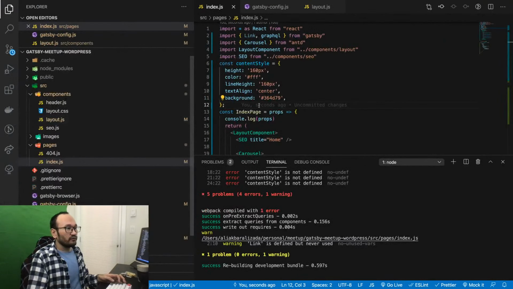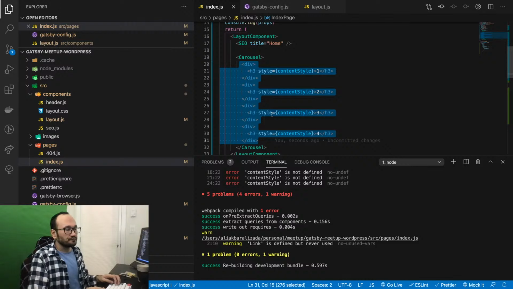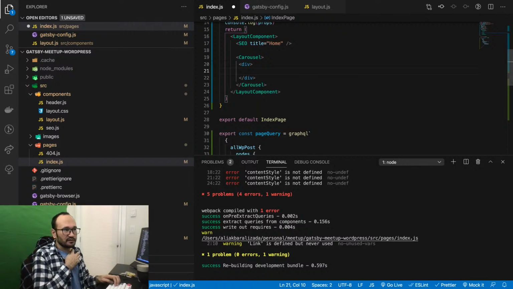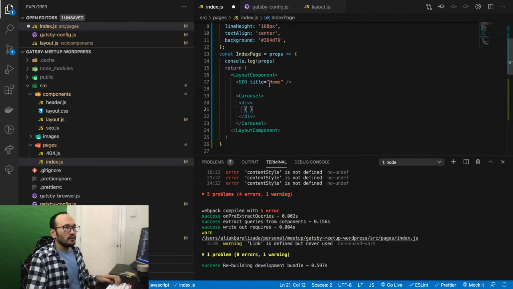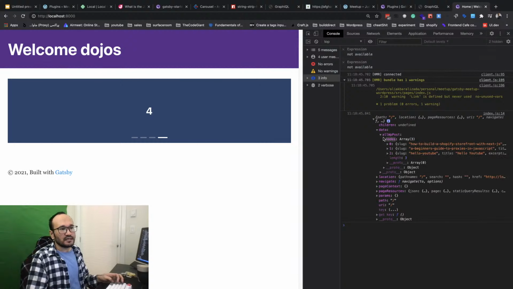So how can we do that? I don't need this information anymore, so I'm gonna remove it. I'm gonna make another div here. So this is gonna use our container. So now I have this, you see the props here. So props, data and all WP node. So nodes is the object we want to iterate and loop through, and then make a new render element for the number of objects we have here, data all WP post node.